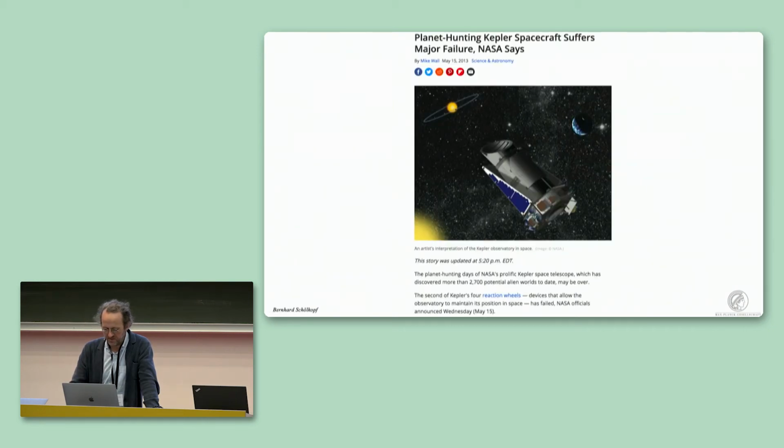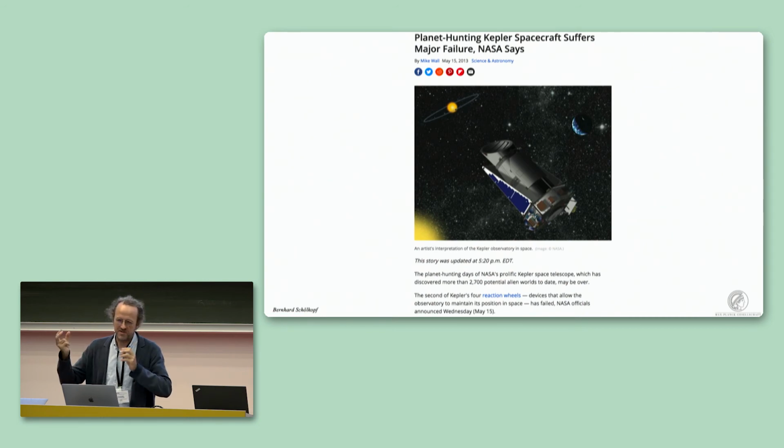But then what happened while we were working on this was initially bad news for Kepler, but it turned out good news for us. Two of the reaction wheels broke. Kepler had 4 reaction wheels that can rotate and help stabilize this thing in space. It had 4, so there was some redundancy, but with only 2 left, it couldn't orient itself anymore. And so they were close to giving up, and then some people came up with the idea of at least using the remaining fuel.